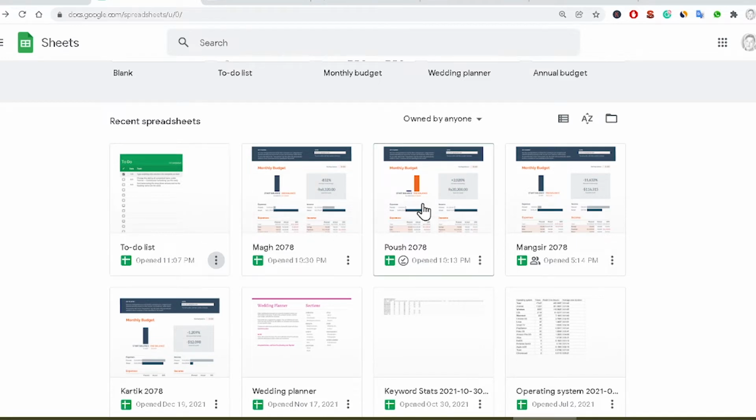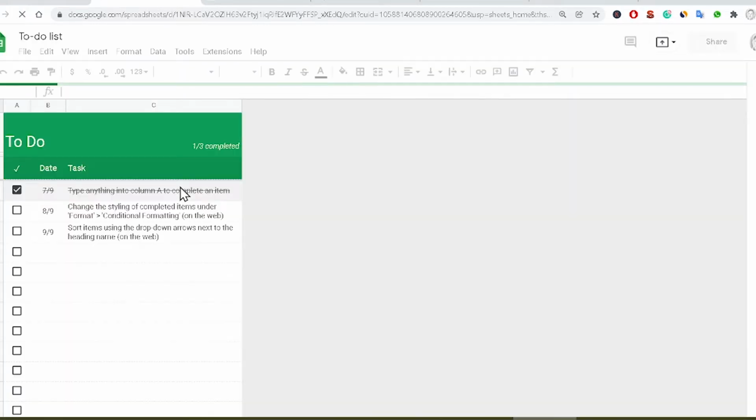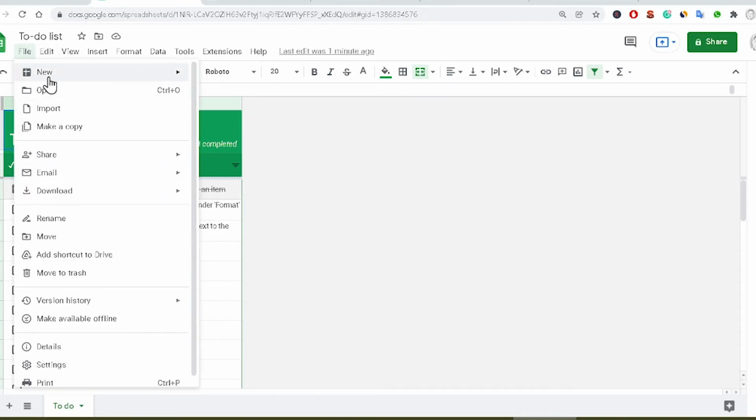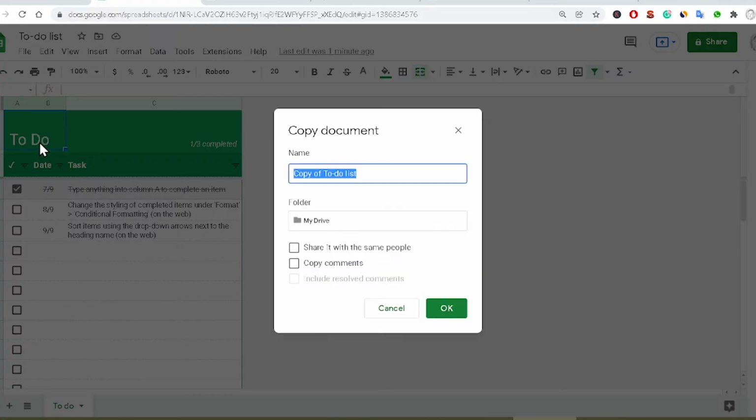Okay, so it's so easy. First of all, you have to open that spreadsheet which you want to duplicate. Now we can see I opened this sheet, and after that you just have to click on File, and now you can see there are four options available: new, open, import, and make a copy. And you have to click on make a copy,